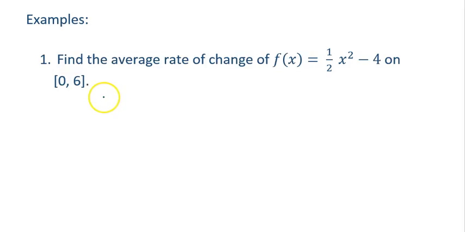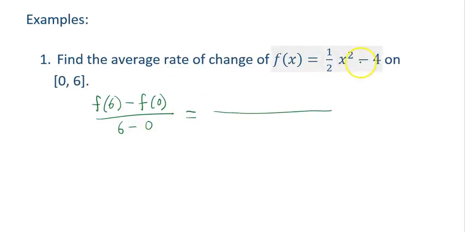Okay, so example 1, we want to find the average rate of change, and we have a function on 0 to 6. So anytime they say average rate of change, you're thinking slope formula. So I'm going to do f of 6 minus f of 0 over 6 minus 0. Now I have to figure out what f of 6 and f of 0 are by plugging into f of x. So if I plug in 6, I have 1/2 times 6 squared minus 4,